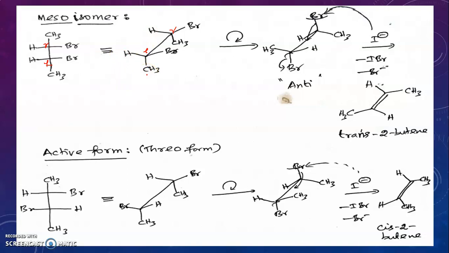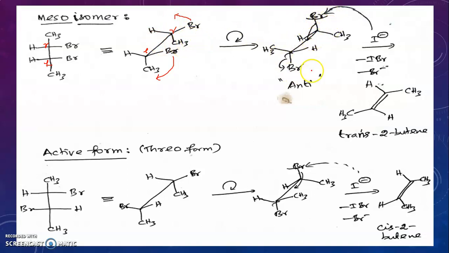But we know very well, for debromination, the two bromine atoms should be in anti-periplanar conformation. So for this I am going to rotate this molecule. I will bring this bromine down and this bromine upward. I rotate the front carbon in the clockwise direction by 120 degrees. So this bromine will come here, this methyl will go here and this hydrogen will come over here. Now in the rear carbon, I rotate 60 degrees anti-clockwise. The bromine will come here, the hydrogen will go down and methyl will come here. You will get this conformation.